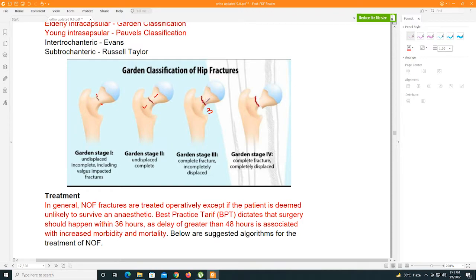But in these 2 cases, obviously there is no chance of preserving the life-saving blood vessels to the head. So in Garden 1 and 2 fractures, you can just get done by stabilizing the head and the neck by putting a pin here. Put a pin here, it will not move, the head will survive, the blood vessels will continue to